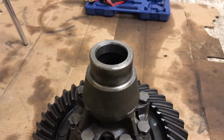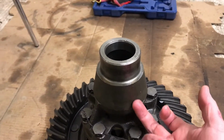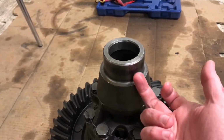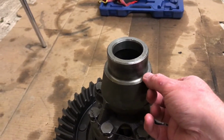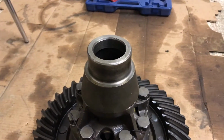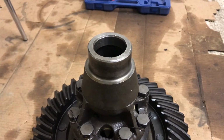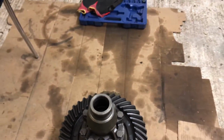What I ended up having to do was first knock it back with a punch through here to get a bit more gap in there so that I could get the puller in and pull it off. I also did that in the vise, obviously to hold the whole thing. But the bad news is that